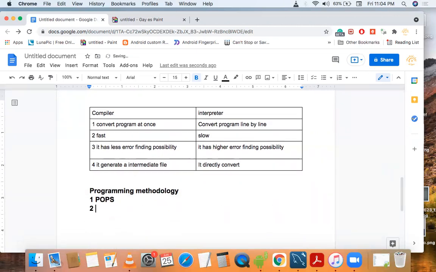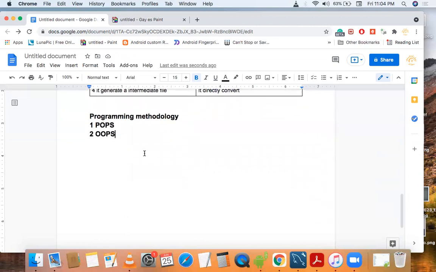And second one is OOPS, which means object oriented programming structure. Now we will learn the difference between POPs and OOPS.